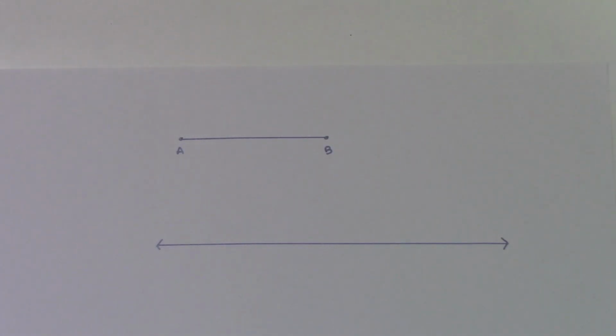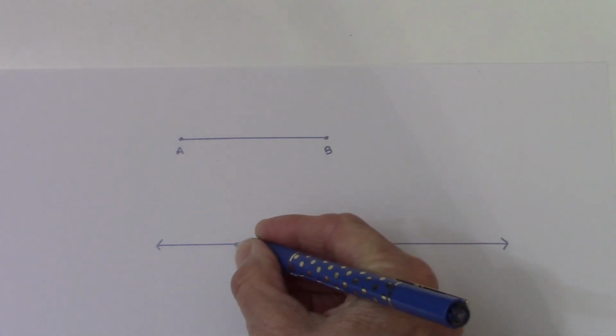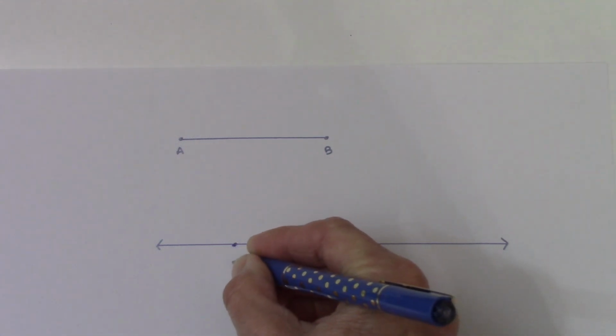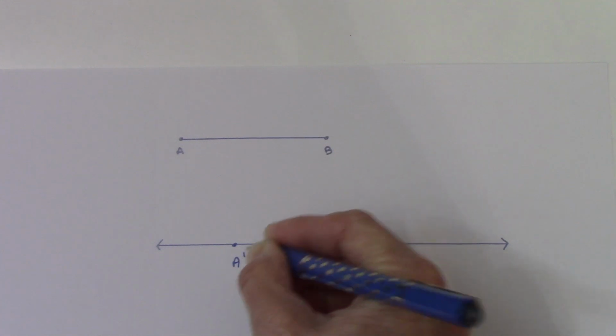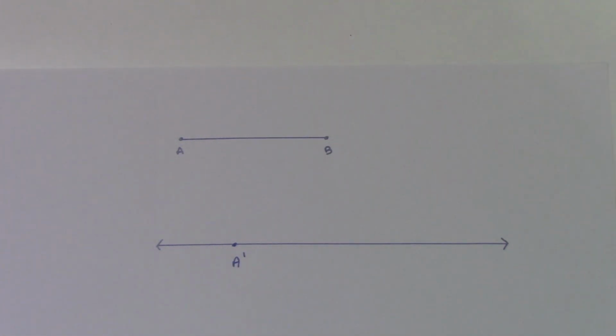In this first video I'm going to show you how to copy a segment using the compass. I drew segment AB, and now I'm going to copy it onto the line that I drew here. I need a point where we're going to start, and I'm going to pick any point and call it A prime. Now using my compass,